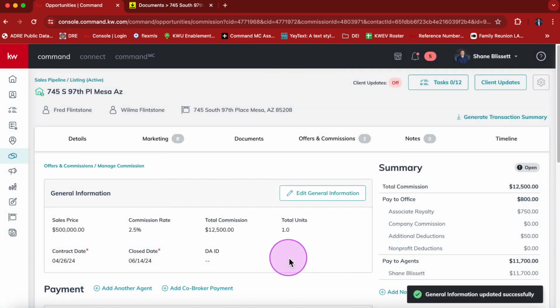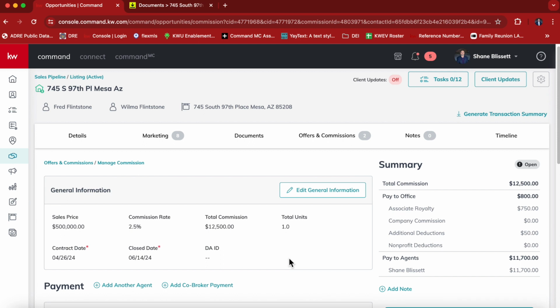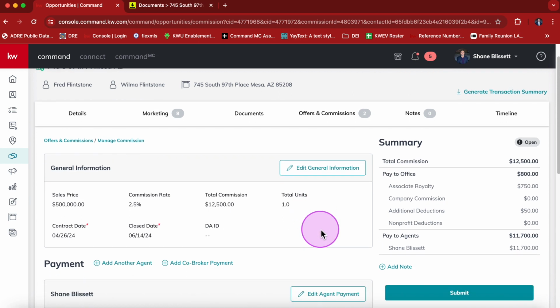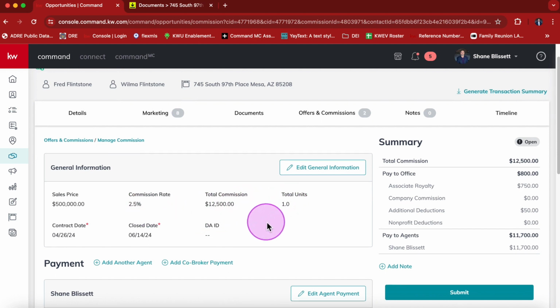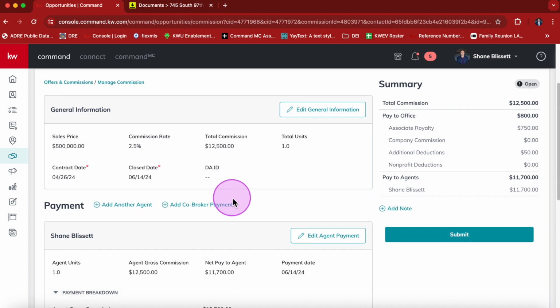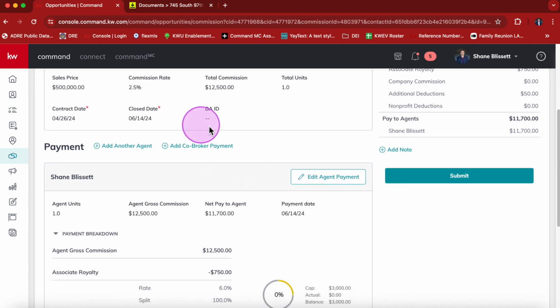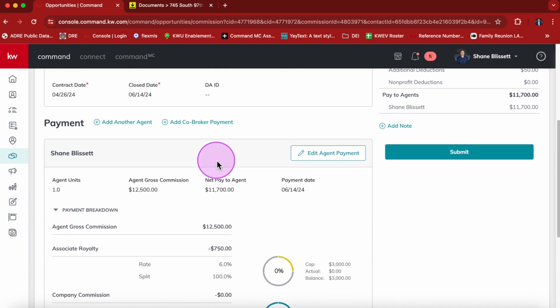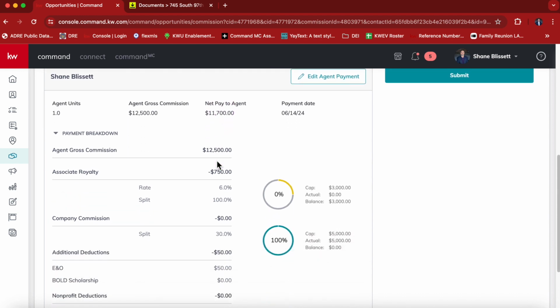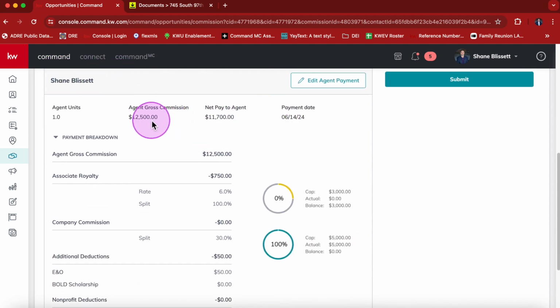All right. So on the very basic level, this is your commission request. It's going to show your sales price, commission amount, total commission, total units, contract date, close date. Once the DA has been created, this will update. If you scroll down a little bit more, you're going to see yourself and then your